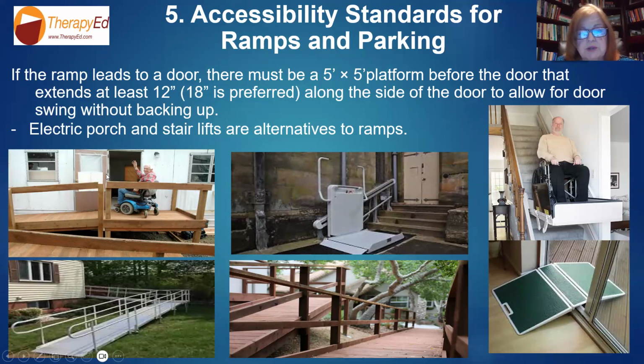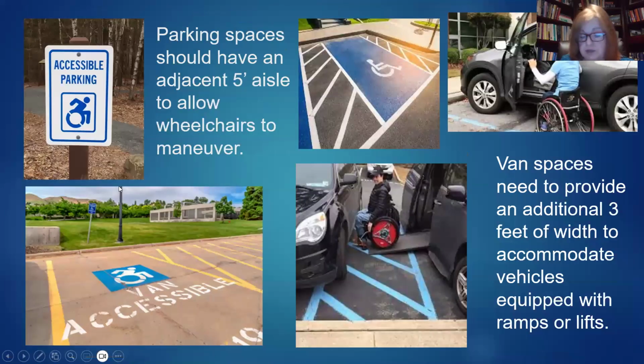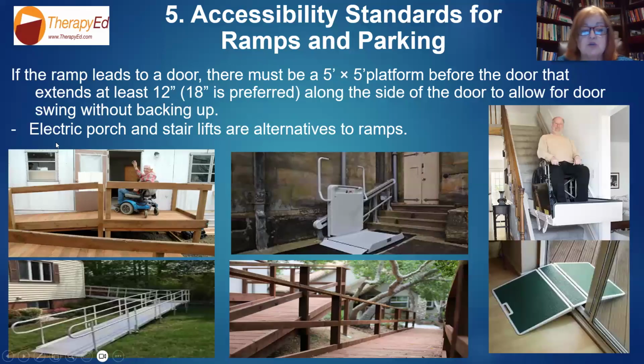This is a good picture of door swing. See how the door opens? And this is the space you need. You need this room on the side. You need at least 18 inches so the person can line up the wheelchair, because if it's just here, they're going to be hitting the wheelchair. So this is what door swing means, how it swings to the side.